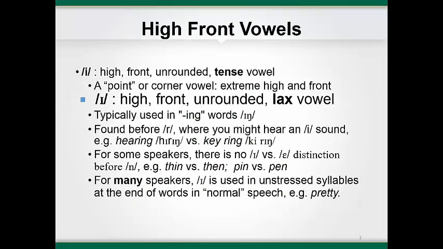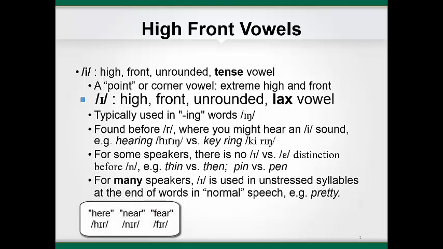We will start with the high front vowels. The high front vowels are the vowels E as in bead and I as in bid. As I mentioned earlier, the I vowel as in bid is the one that you will use to transcribe the rhotic diphthong in words such as here, near, and fear. You may feel that this vowel is more like the E in bead, but the two vowels are not distinctive